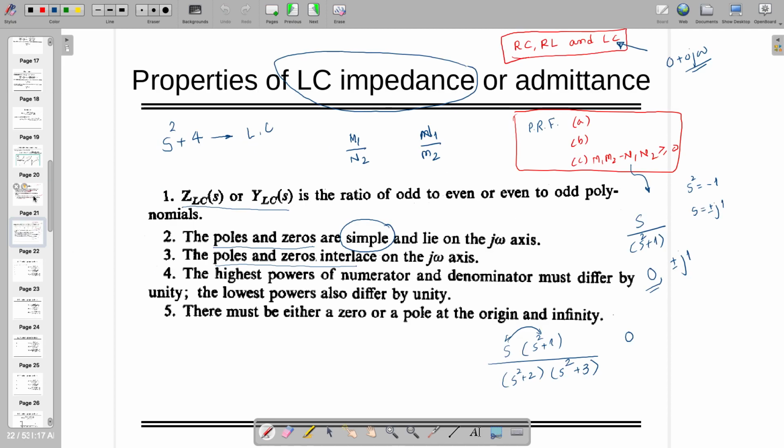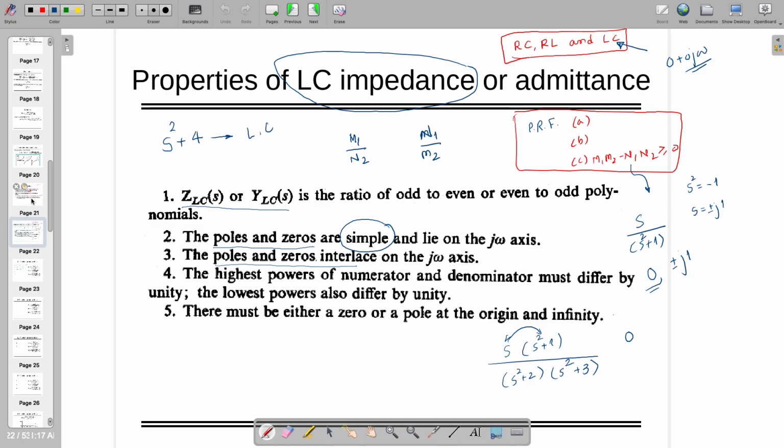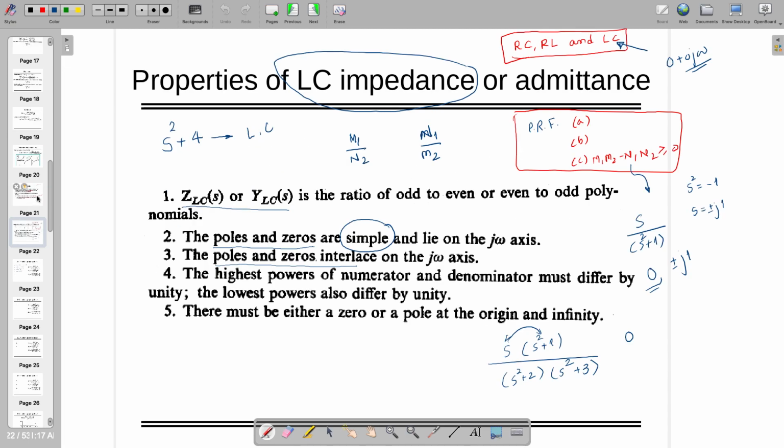Second says that simple, and on j omega axis, right? Roots. Third one, interlace, or you can read the same thing as alternate, right? Power difference and